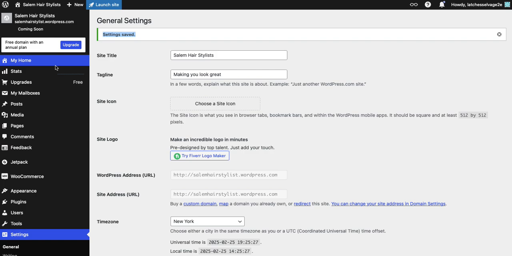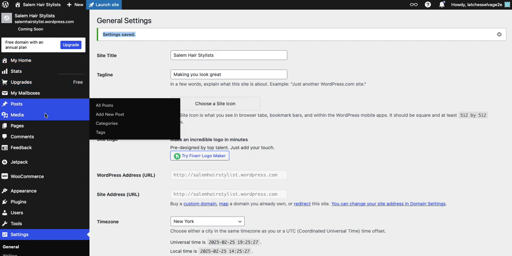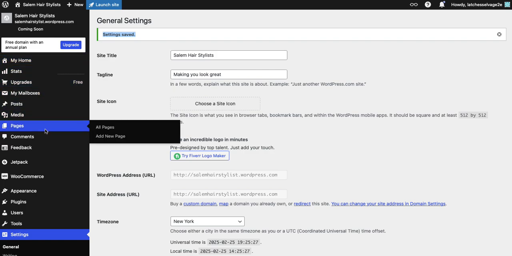All right, with that said, in the next video, we're going to talk about adding pages and looking at all of our pages. So go through this, try this out,